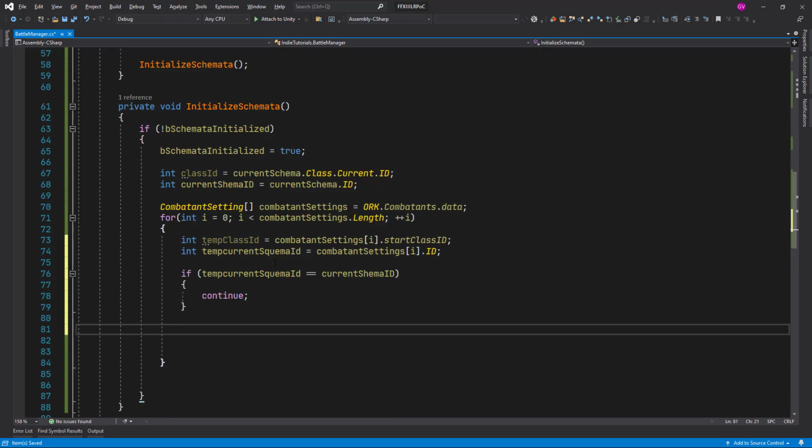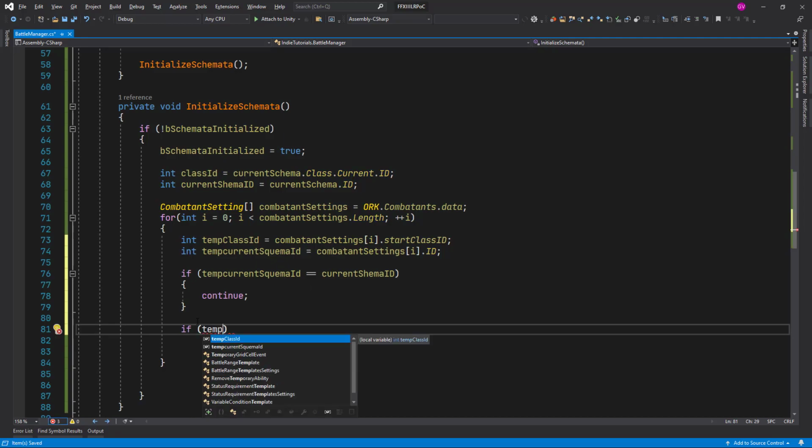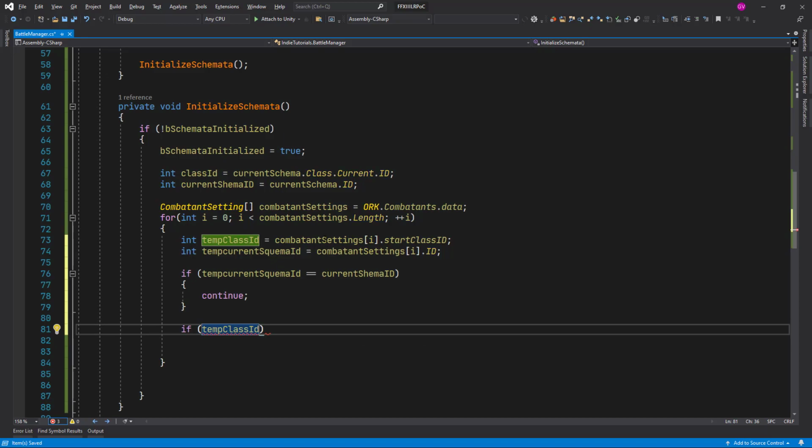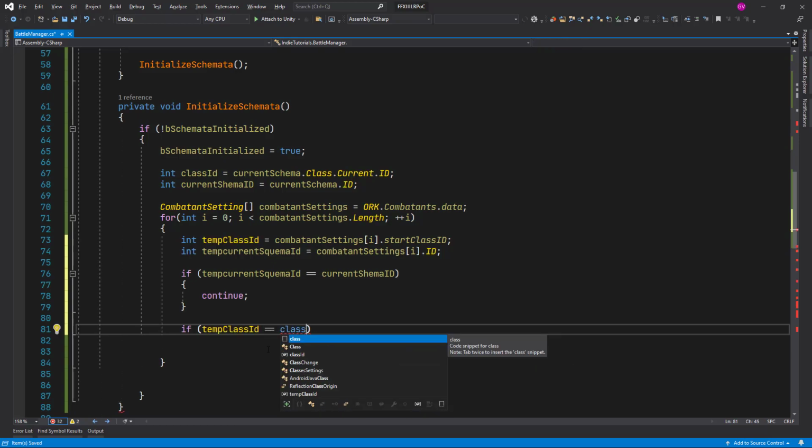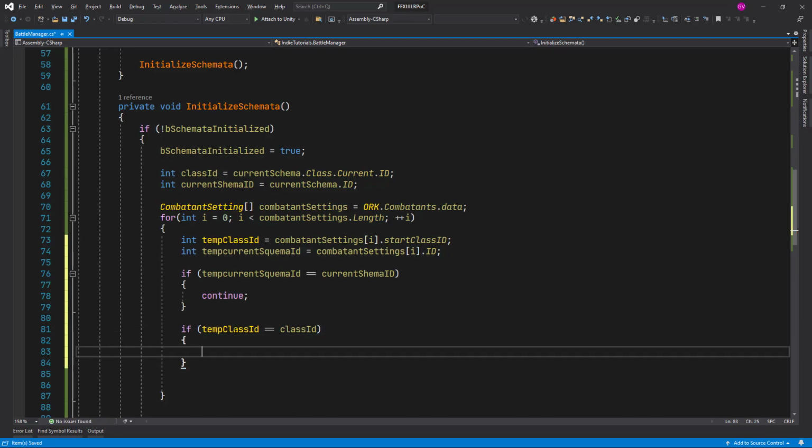So if we are good, so the temporary current schema is not matching the current schema, then we can check if the class ID that we are looping through is equal to the class ID that the player belongs to. Class ID. This means that this is a good combatant to add. So we now add this combatant to our list, schema to spawn dot add,